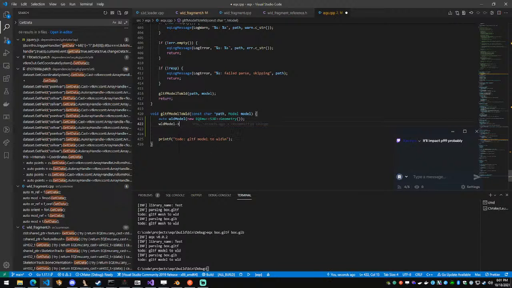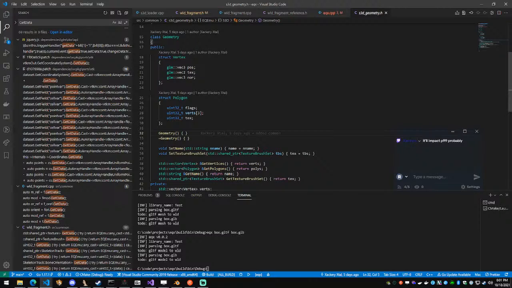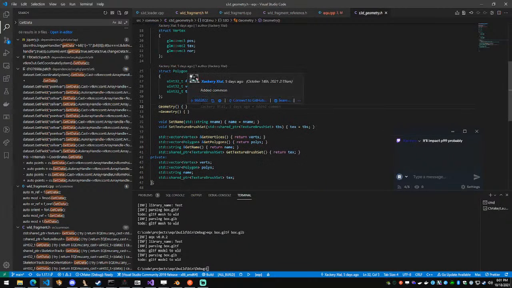And of course, this geometry function or class. Okay, so vertexes and polygons are structs that are inside of it. And vert is a private function of a vector. So what we're likely going to need to do